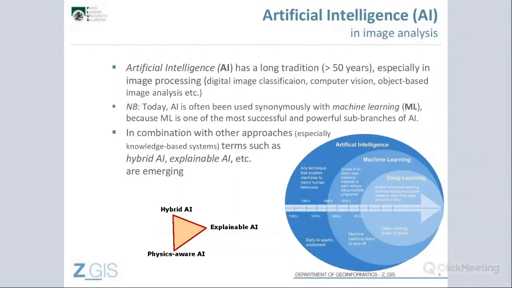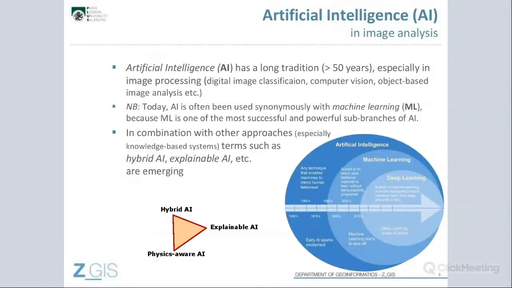Also here, for example, at our faculty, Digital Analytical Sciences, we are offering artificial intelligence courses, but of course we come more from the geoinformatics point of view. So there is a convergence of all kinds of technologies. Altogether, AI has a long tradition, more than 50 years, especially also in image processing.